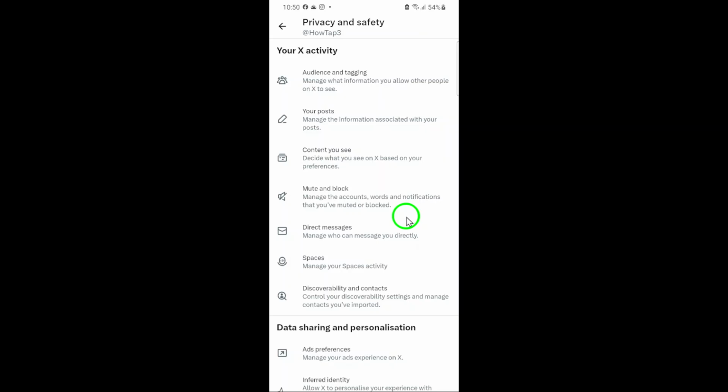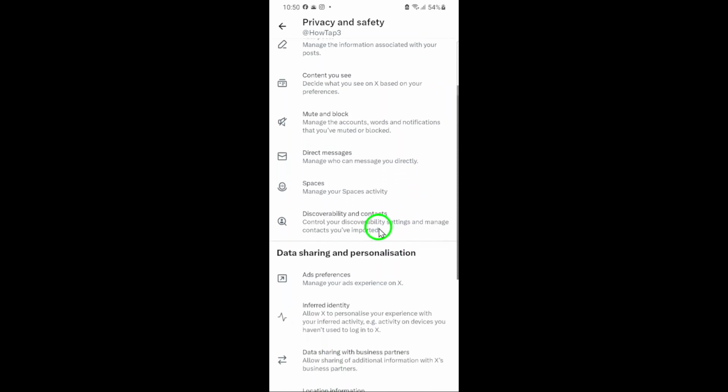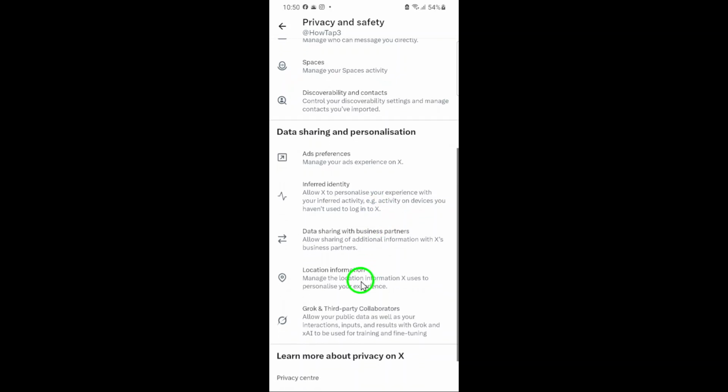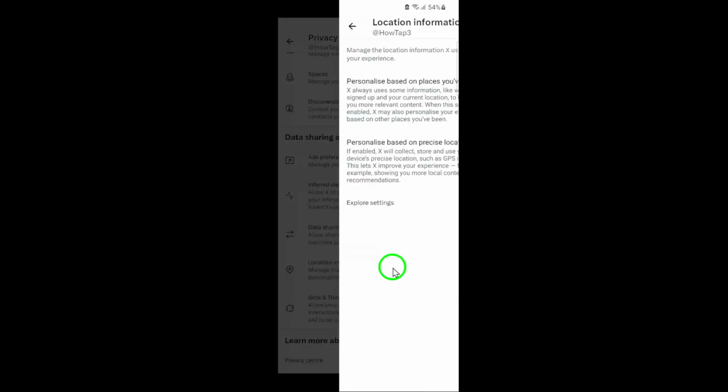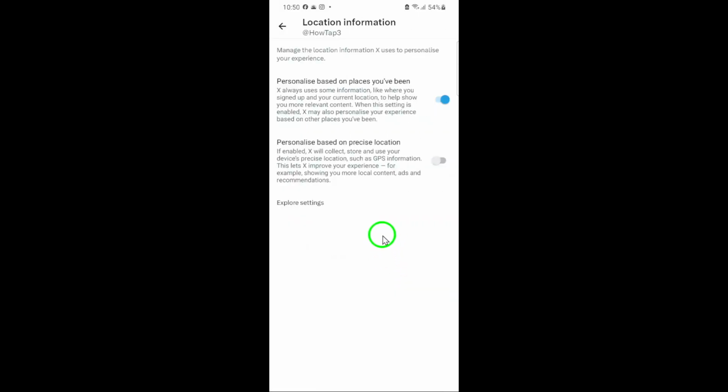Next, find and select Location Information. This is the section that controls how the app uses your location data to personalize what you see. Once you're in, you'll notice an option that says Personalize based on precise location. To turn this on, simply toggle the switch to the right until it lights up, showing that the feature is